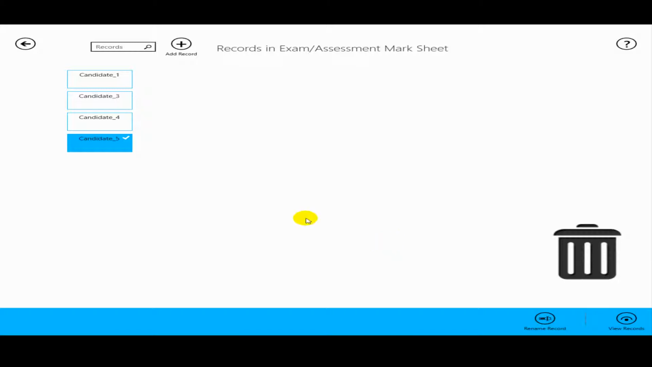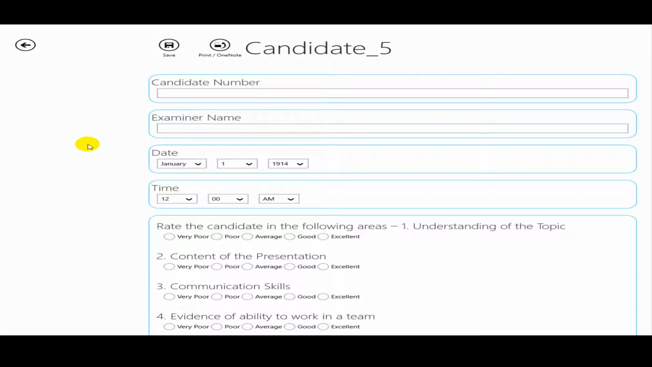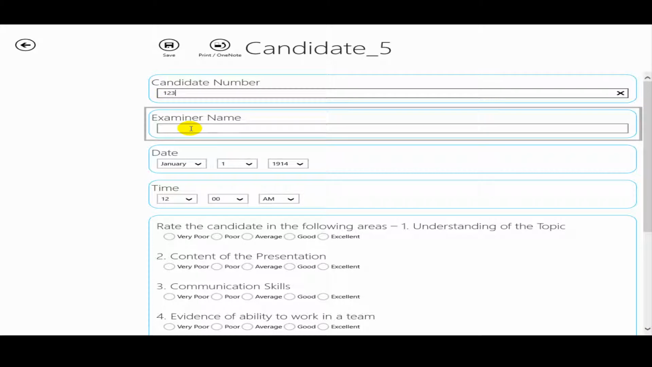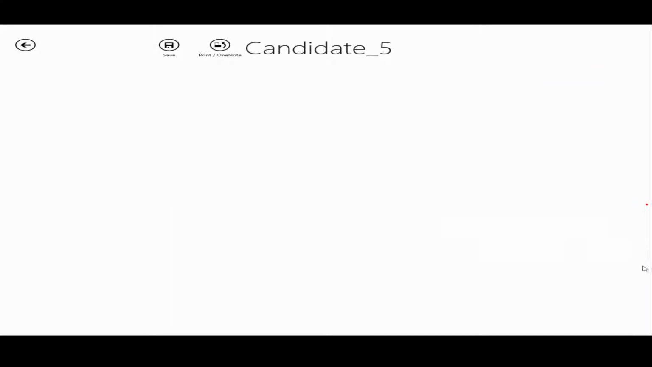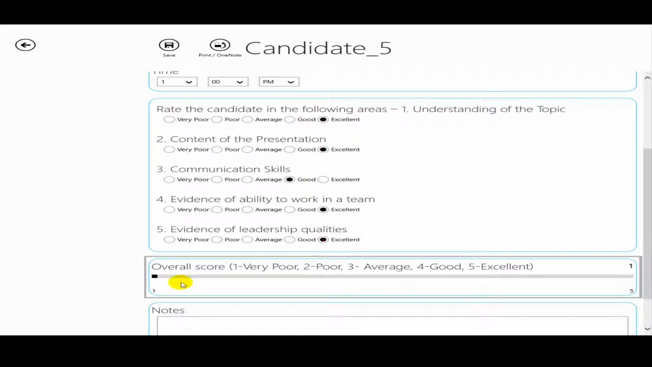To fill record, just type in on the candidate 5 for example, and we'll put the details here. So candidate number 1, 2, 3, date will be 1st of January 2014, time would be 1 p.m. and since this has been a very excellent candidate, we will rate him content of communication and overall score as